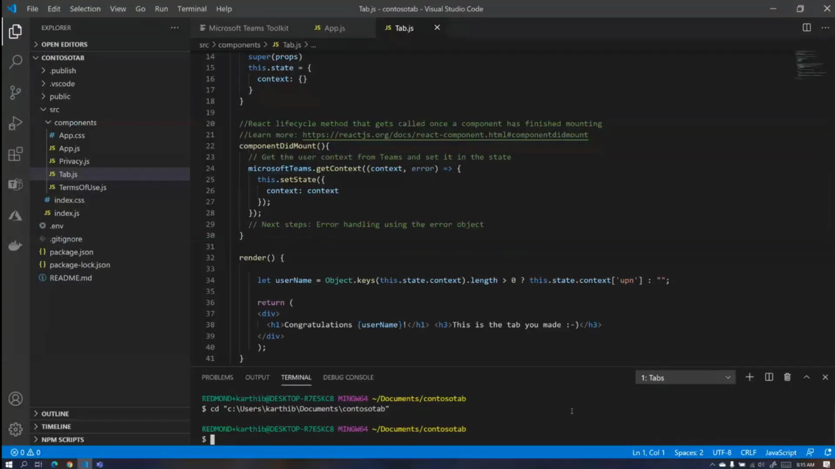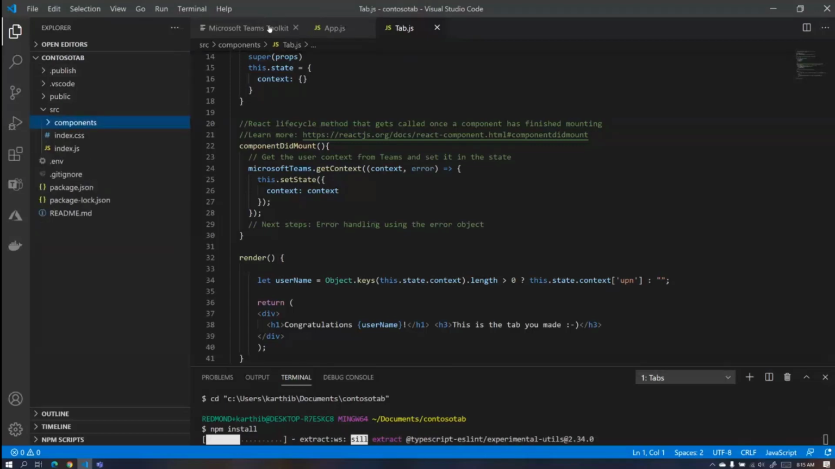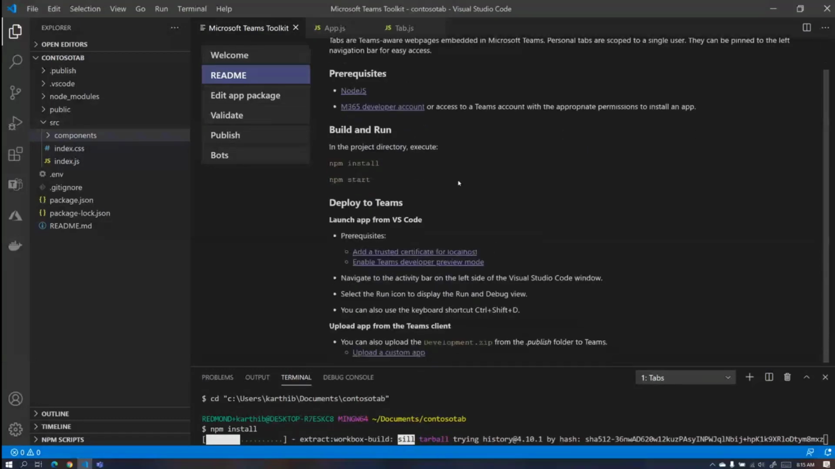Now, I'm going to install this, just so we can see it running. And it's running right now. And as it's installing, I will quickly go over some other parts of the Teams toolkit. Okay, so as I mentioned already, oh, by the way, the README is here. You can just follow these instructions here to learn how to get started